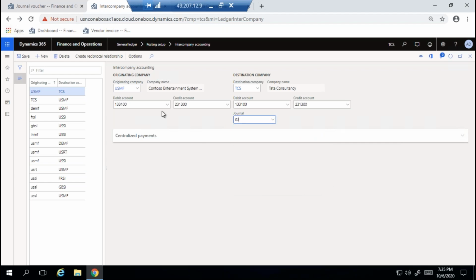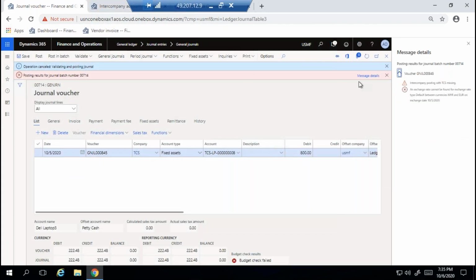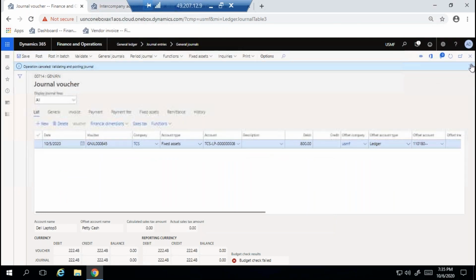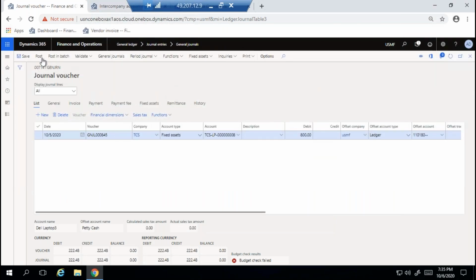Okay, I'm mapping one journal issue. So now I can post. It will allow you. Everything is possible.